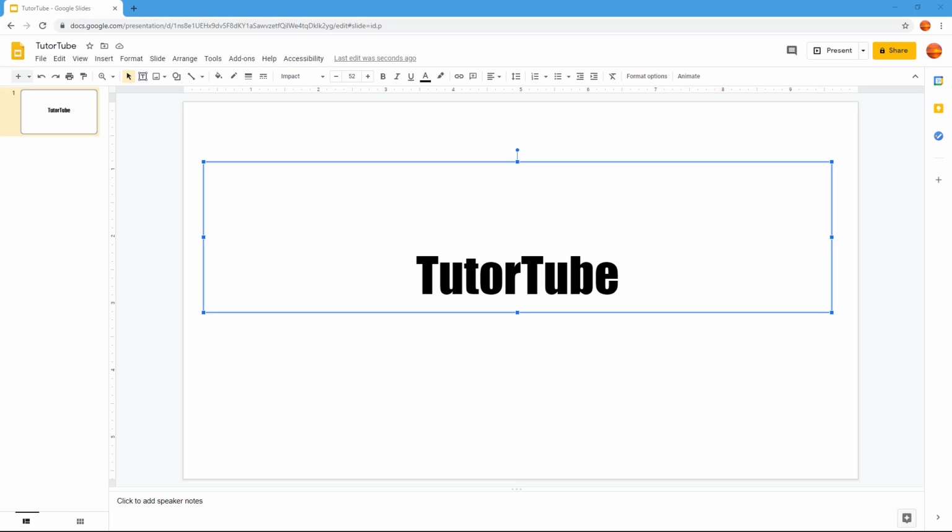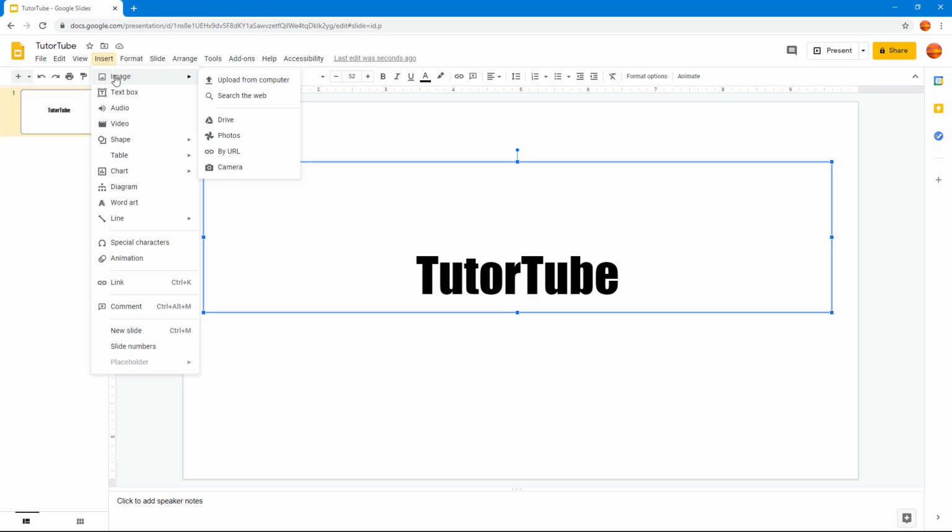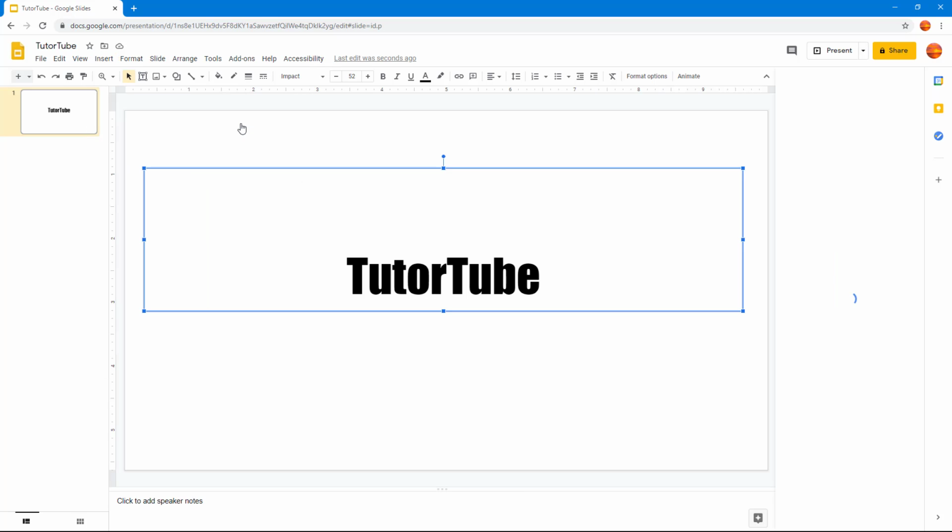So now let's see how we can insert images that are already stored in our Google Drives. In order to do that, you have to go and click on Insert and then click on Image. Over here, you can see that Drive is an option which accesses your photos in Google Drive. Once I click on this, you can view your recent photos, as you can see right